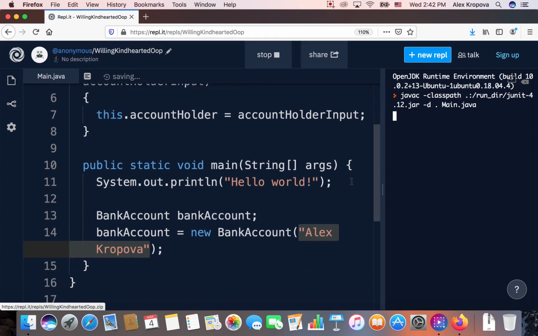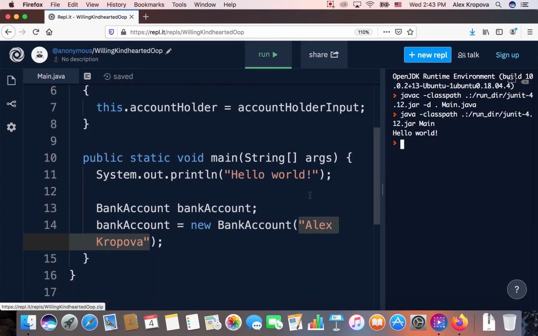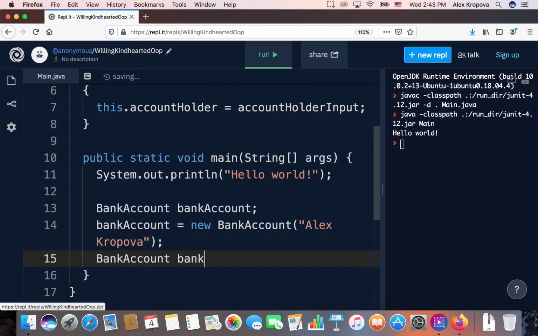Now, the set of values for an object's fields are what make up the object state, which means that the object state of this object are its fields. In this case, it only has one field, this name. And every time you make a new object with different values for its data, you make a new object state, which means I can make a new bank account object called bank account 2,